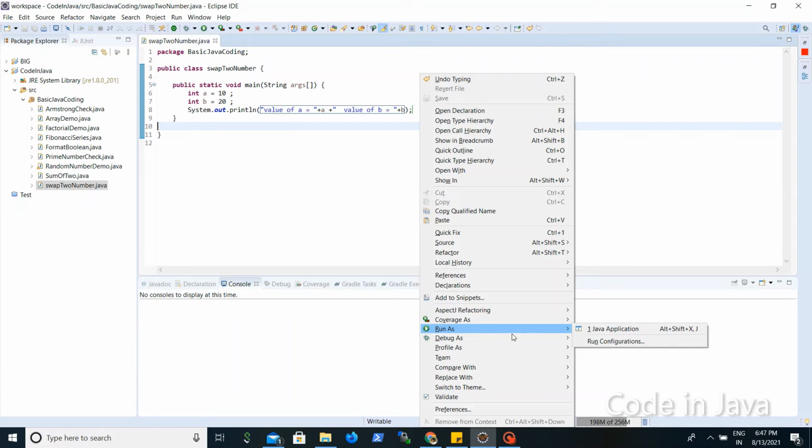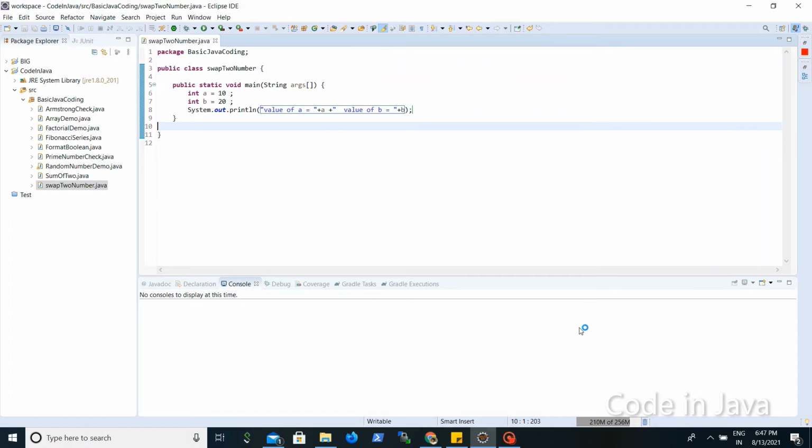So what we have to do is swap it, so that we get the reverse values of a is equal to 10 and b is equal to 20.